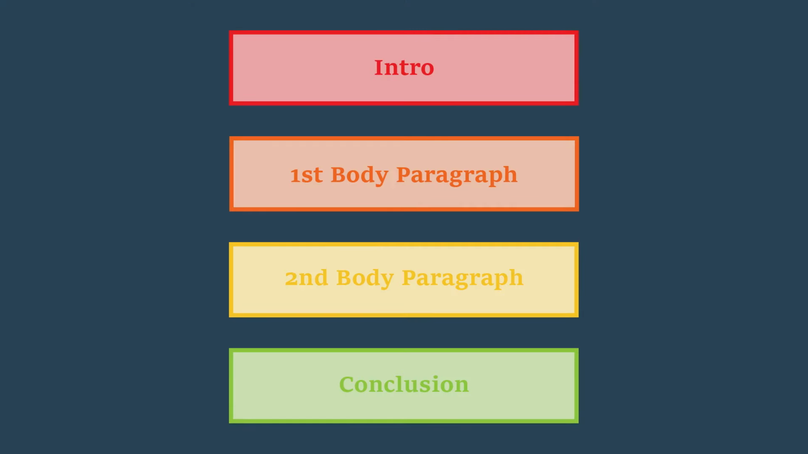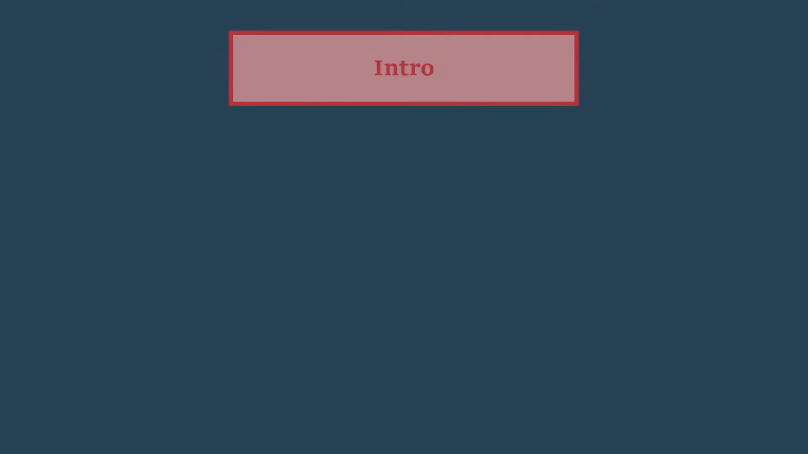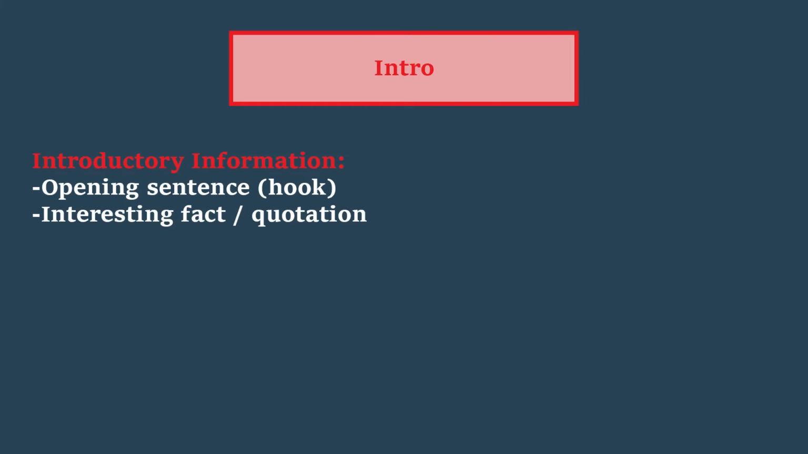Next up, let's look at the big picture. This is text level structure, so the structure that your essay should have. So first up, you'll have your intro. In your intro, you'll have introductory information. So this would be an opening sentence or an interesting fact or quotation. This is kind of like your hook. You want this to grab the reader's attention and get their interest going for the topic that you're going to